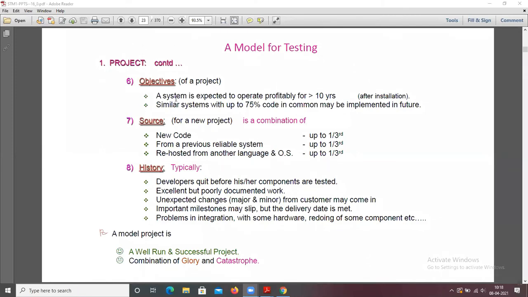Objectives of a project: a system is expected to operate profitably for 10 years, or greater than 10 years, after installation.